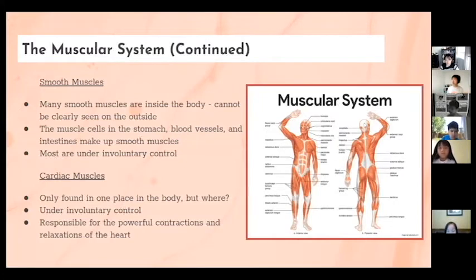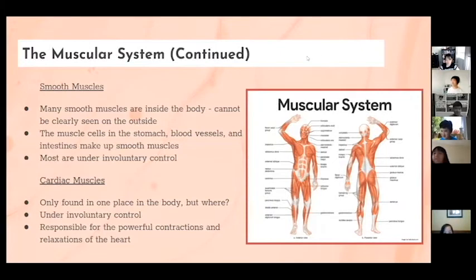Who has ever thought during an important math test, oh, I need to pump my heart so that every part of my body is supplied with oxygen? Have any of you thought of that before? No. I see aggressive heads shaking. Well, that's true. You don't need to think about your heart beating in order to keep you alive during a math test. It just happens.